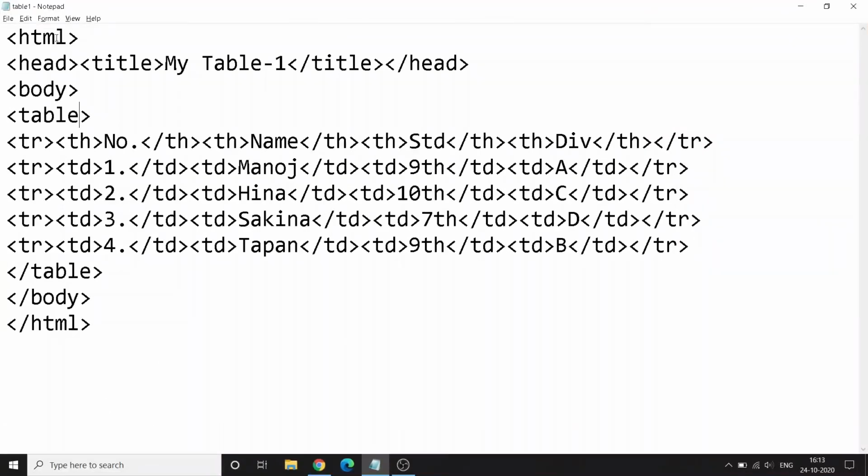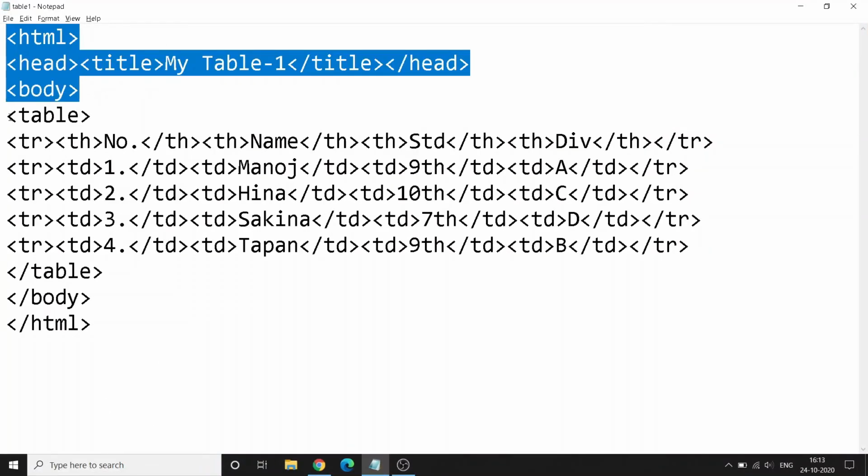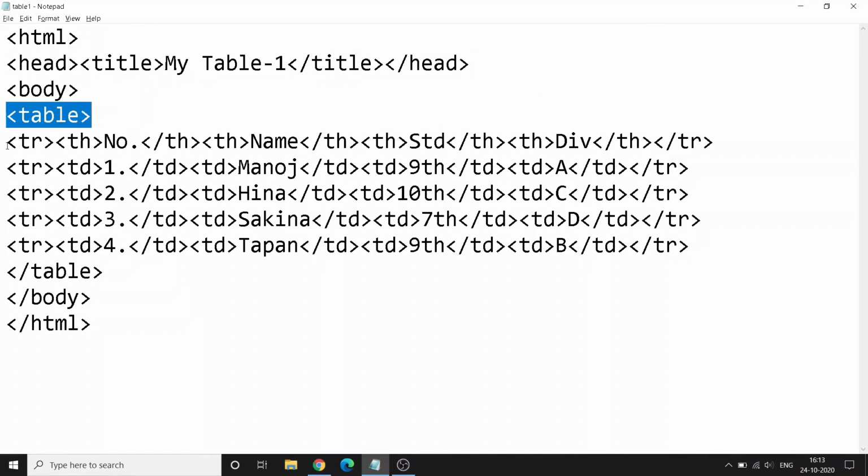So this is the code for the simple table. You know all this. We start the table with the table tag. We start the first table row. Because it is the heading, we write th: number, name, standard, and division. The table row ends there, and we start the second row with the data.